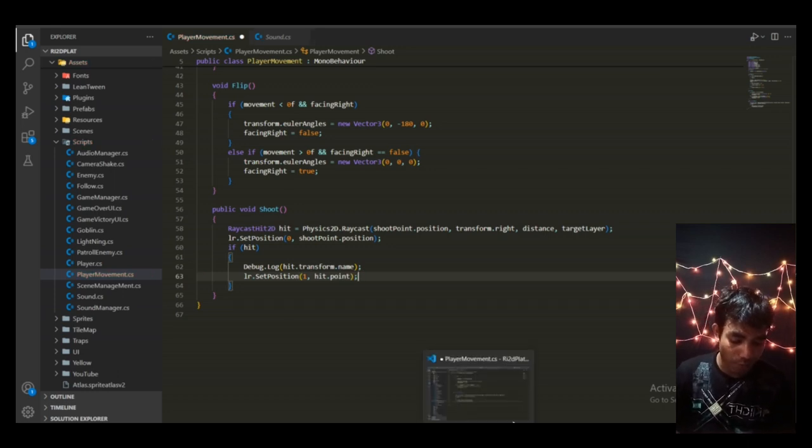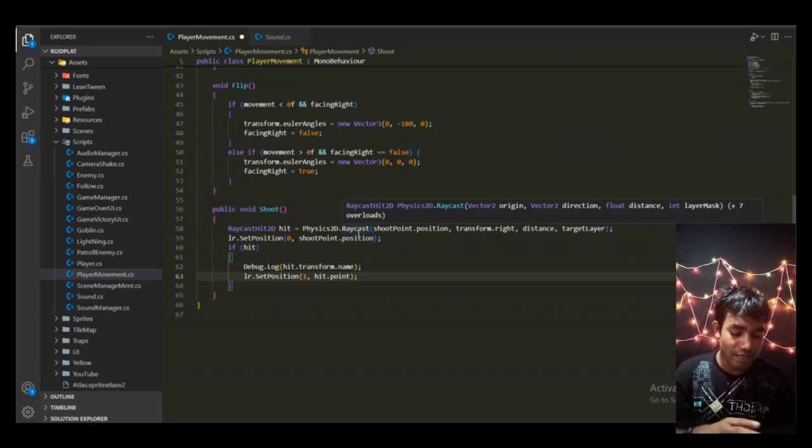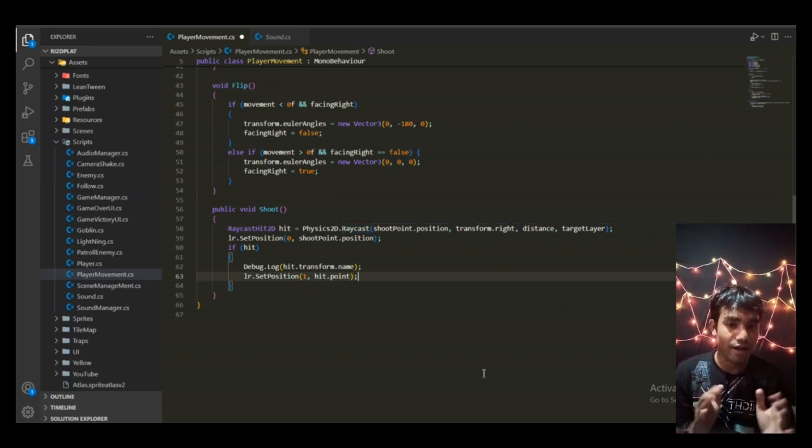But as you can see, if I move to Unity, the line renderer is disabled. We also need to set that active. When we shoot, when we click the left mouse button, in that amount of time we just want to show that ray, and after 0.1 second or some seconds we want to disable that ray. We're not going to show that ray all the time again and again, as that would be laggy or something like that. So what we will do, instead of using this void